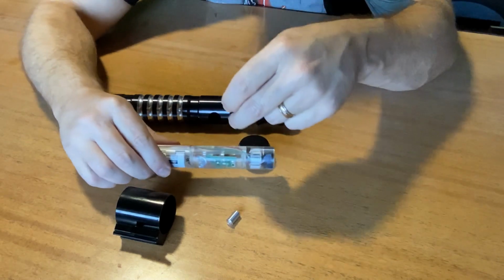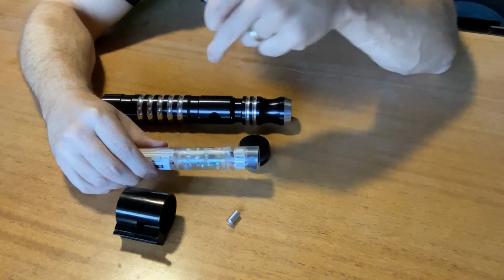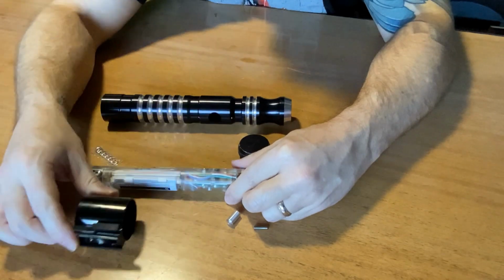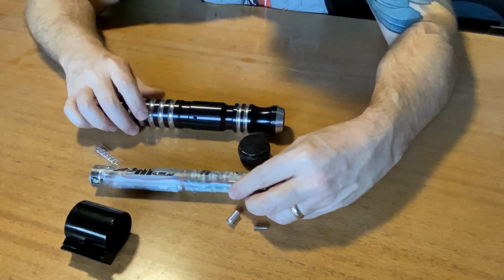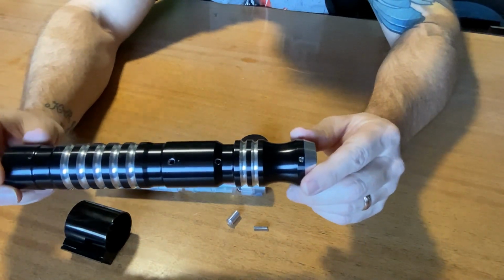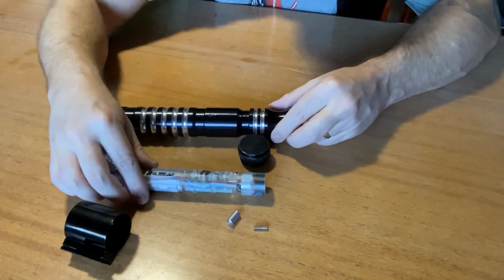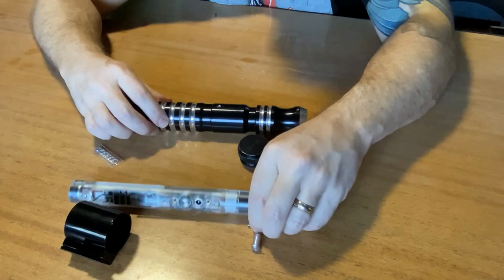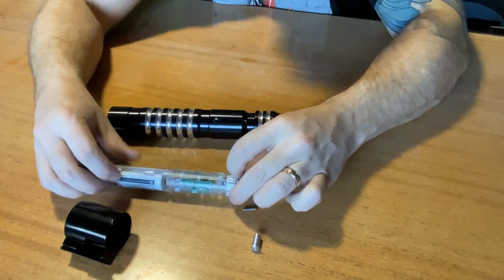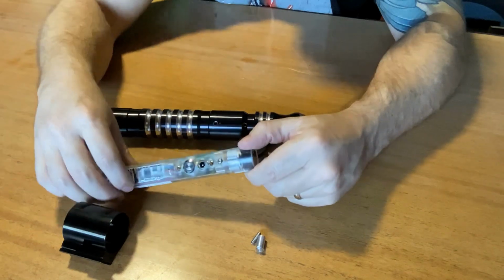contraption. Contraption, I like my technological terms. Anyway, the set screws go into the bottom and they push the button up so that we can depress it from the saber, from this unit. But in order to do that, I had to drill, it's very precise, that's why I took it to a machine shop, to get those holes drilled in just the right spot, so that when we insert the core, the set screws go in the holes, line up with the screw holes here, and they're able to push the button into place